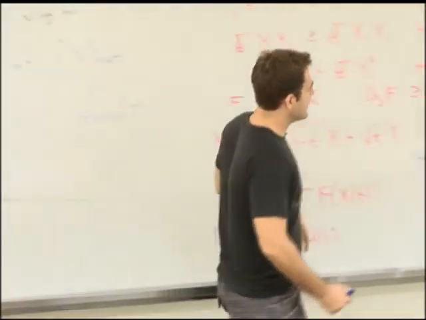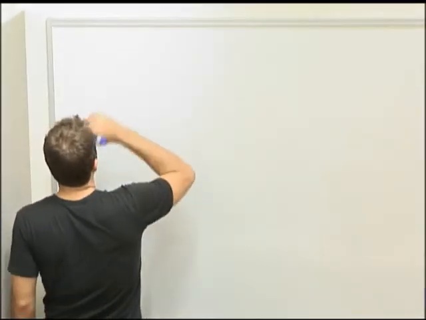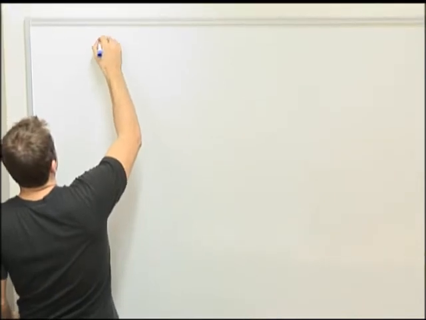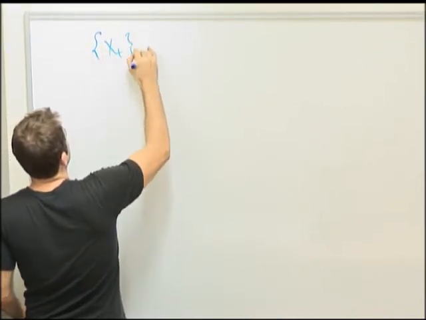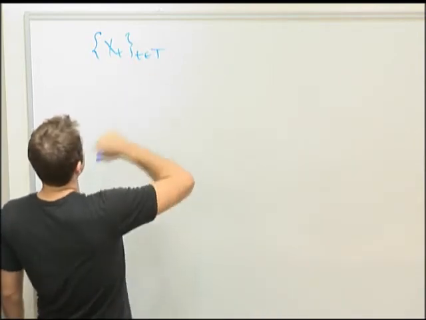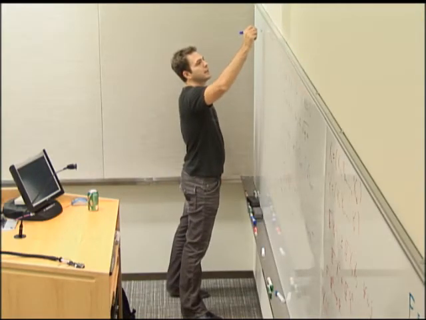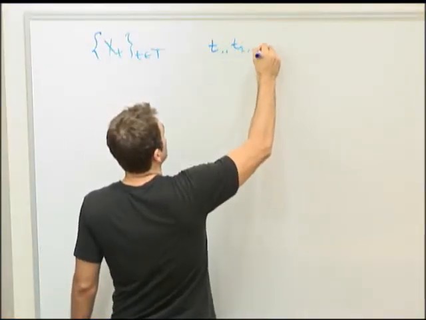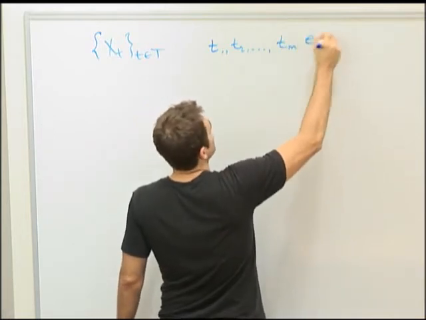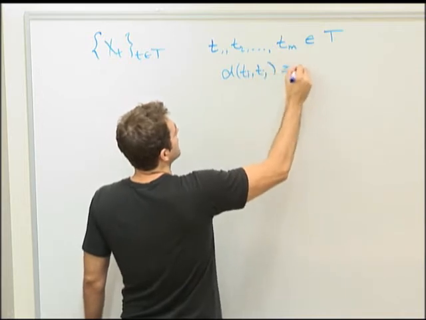We need something slightly stronger than the pseudo-Gaussian inequality, which I erased, and that's okay. And then hopefully we'll be able to see where the final lecture is going at the end. Again, we have a Gaussian process, and now suppose we take a bunch of points, which are all in T, with the distance between Ti and Tj bigger than or equal to alpha.